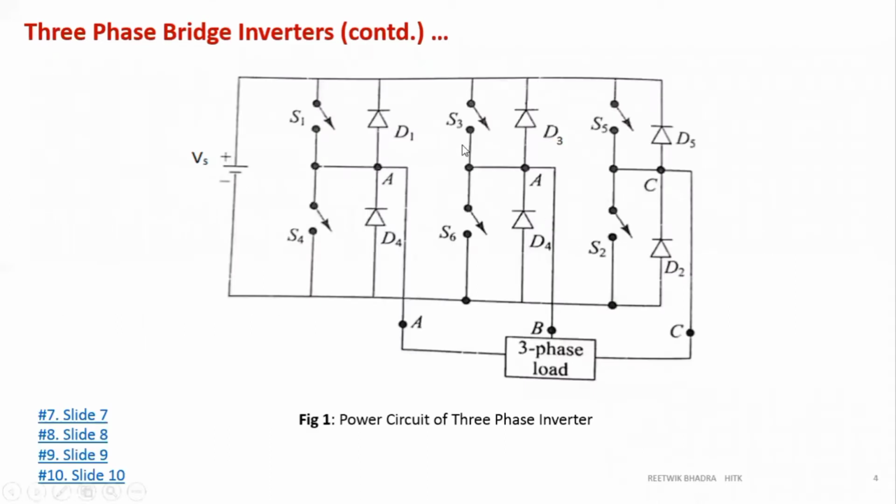Now from S2 to S3, S2 is minus C, S3 is connected to B. Don't go through this. This is B. Okay, A, B, C. So S3 is connected to this B. So from minus C to B, you will find again 60-degree. So A to B, you know how much it is: 120-degree. So A to minus C is 60. Minus C to B is 60. So A to B is how much? 120 degrees. So that means what I'm saying is correct. You just go and draw your diagram and understand this.